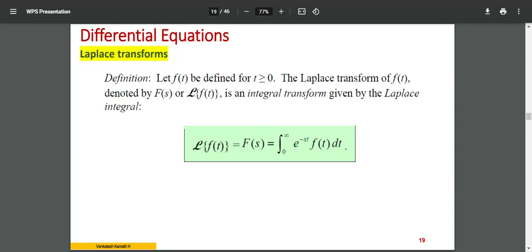Are you aware of one more type called the Fourier transform? Fourier transforms, yes or no? If you know about Fourier transforms, it is minus infinity to plus infinity. Keep it in mind: Fourier transform and Laplace transform look equivalent. Conceptually, they are the same. So you are going to make an integral transform or differential transform using Fourier or Laplace transforms. But the thing is the limit.